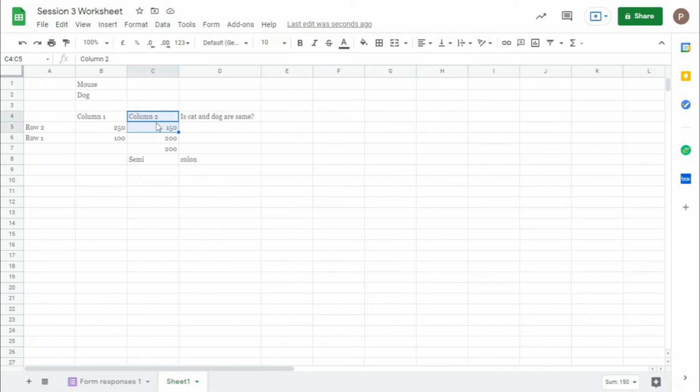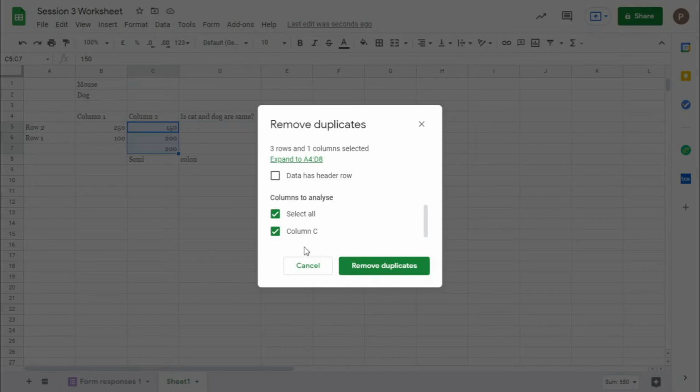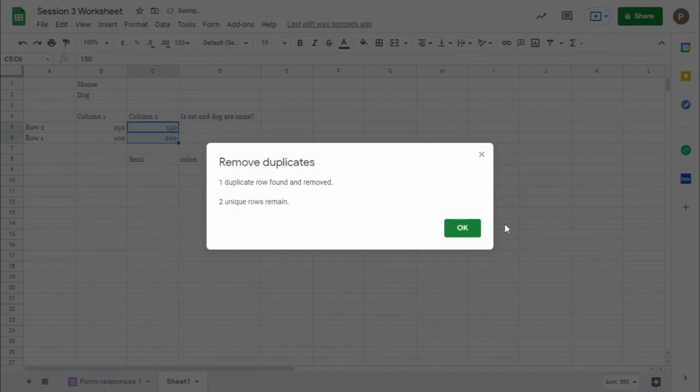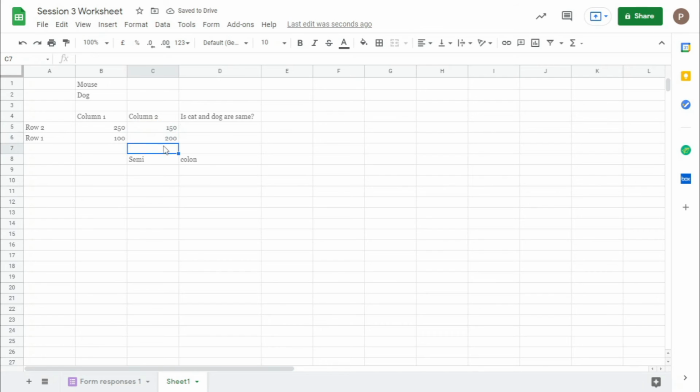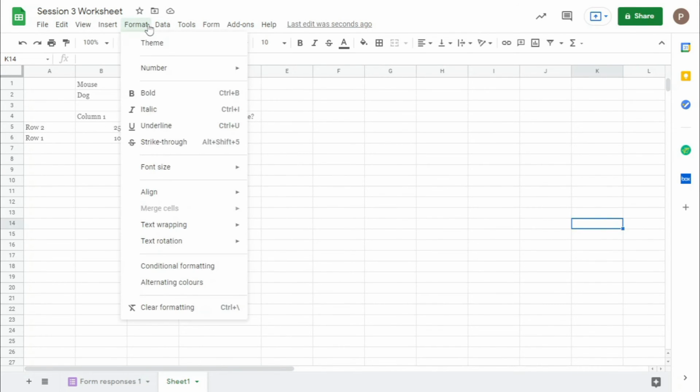It just separates whatever you have in a single cell based on what you fill in that cell. Select this range, go to remove duplicates, and select column C, remove duplicates. Then you can see it deleted 200, which is already present in this cell. It deletes if there are same numbers. When you are doing data analysis, if there are same numbers, most of the time you can use this feature, remove duplicates, then it directly deletes that row as well.